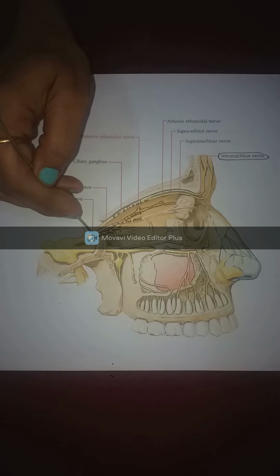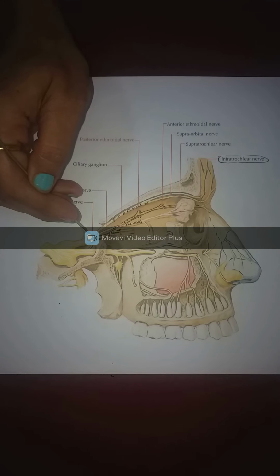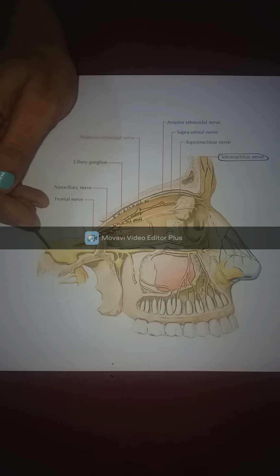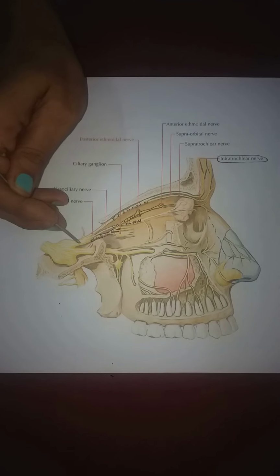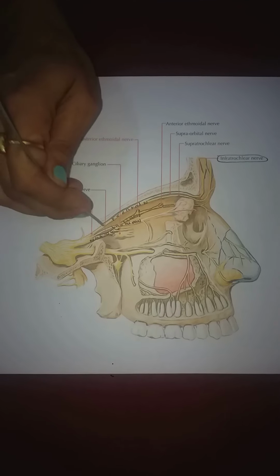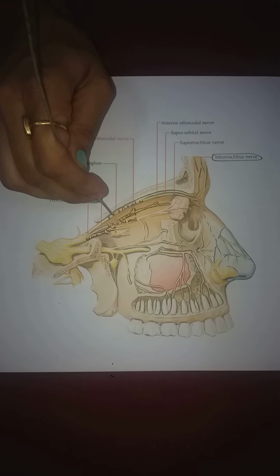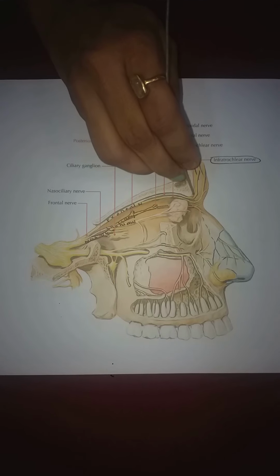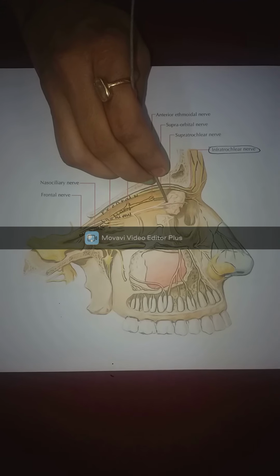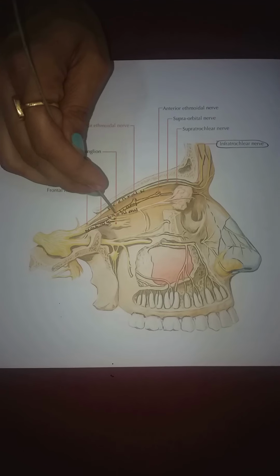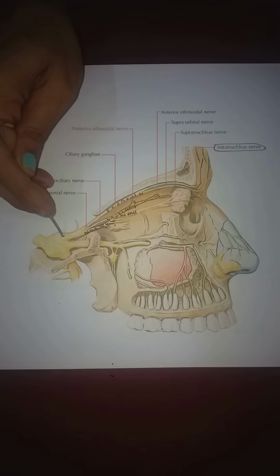This ophthalmic division again has 3 daughters. That's a trend in the family. Trigeminal, 3 daughters. Ophthalmic, 3 daughters. Who are they? Frontal. Frontal, I will not talk about it. I'll talk about it later. Lacrimal, just remember the name. And here comes the hero of today, nasociliary branch of ophthalmic nerve.